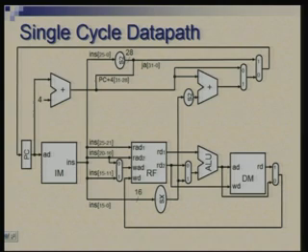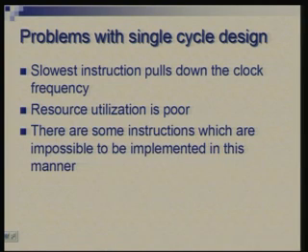So, this is the data path which was designed in the previous lectures, where every instruction is completed in a single cycle. All activities begin with a new address in PC, and the cycle ends by updating the PC value as well as updating the state of the whole processor in register file and memory.